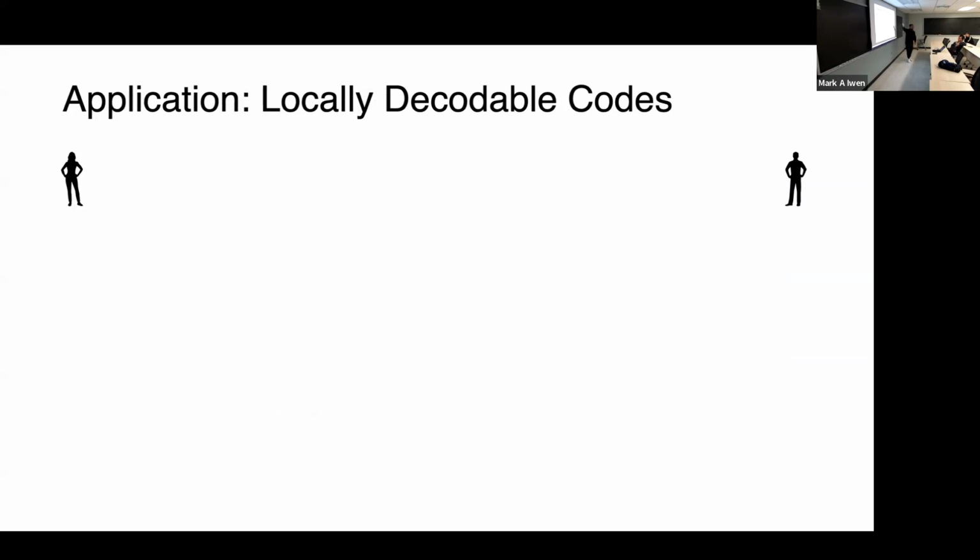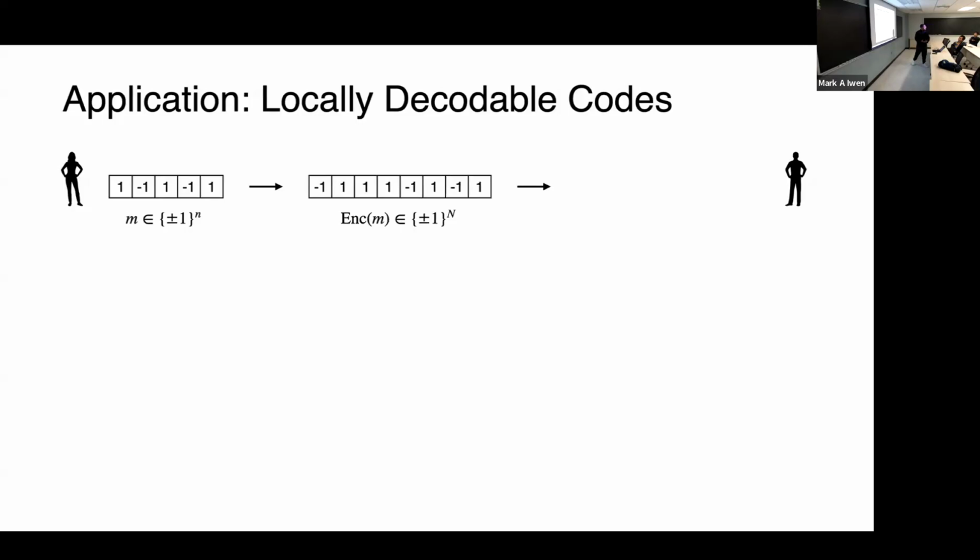So there are two people: Alice on the left and Bob on the right. Alice has a message, classic setup, and she wants to send that message to Bob somehow. But there is some sort of noisy channel, so she needs to add some redundancy to her message and encode it into a longer message. She'll have an original length little n message bit string, and she'll encode it into a length capital N bit string,